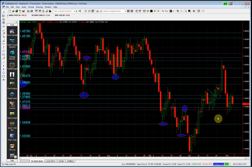The structural short is going to have to be the 136.66. Yes, I know we've overshot the level a couple of times beginning of the week, but the 136.66 is the level below which you want to be looking to the short side, if that means taking a little bit more prudent entry in the low made at 136 on Tuesday, then that's absolutely fine. You're just basically being slightly more conservative. But the 136.66 is the